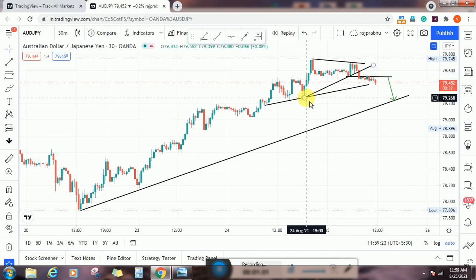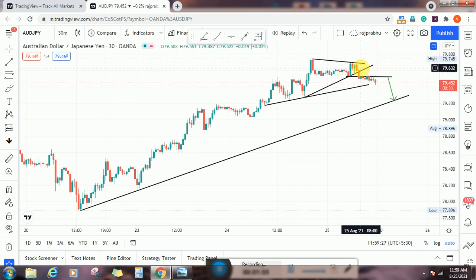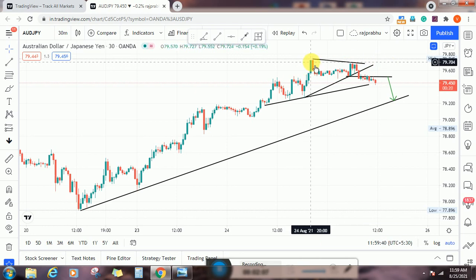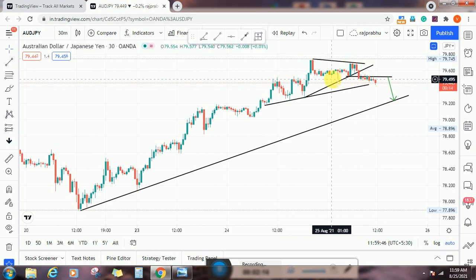So that is why I am drawing this trend line. This trend line will show you where the price breakout is given here. Okay, and then see this formation. Overall it looks like a double top. This is the first top and this is the second top, so we consider it a double top.